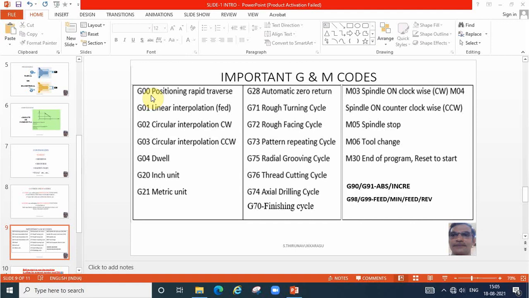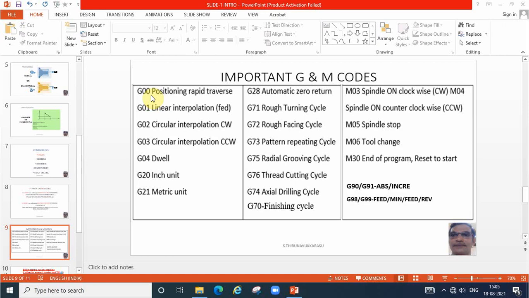Next we are going to remove the material linearly, taperly, or some arc we need, the curvature like that. For that we are using G01 or G02. If it is a linear straight cut, we are using G01. It may be straight or horizontal or taper or vertical.